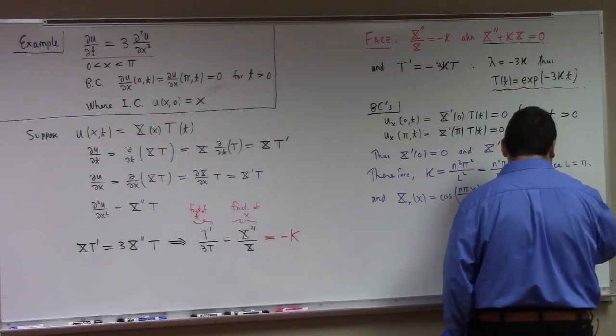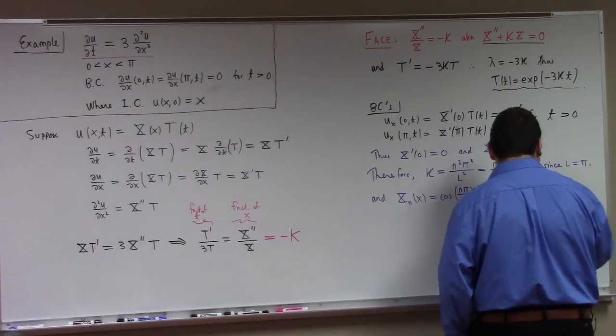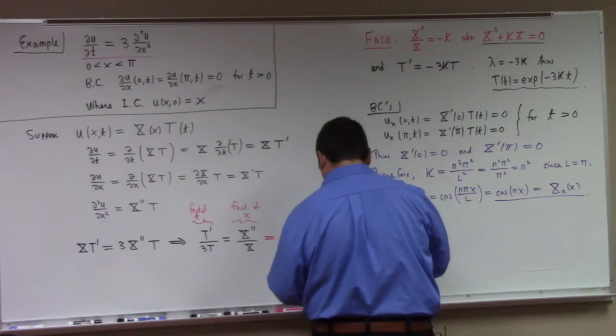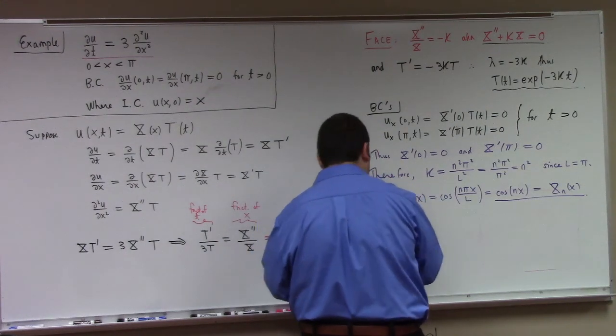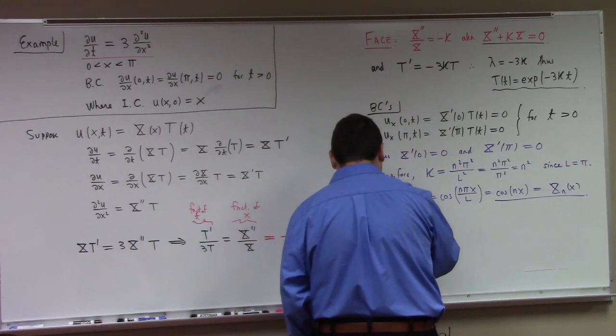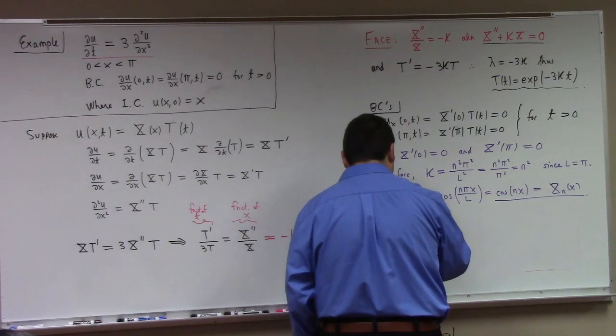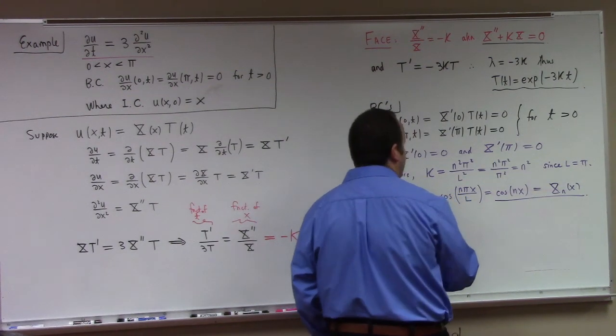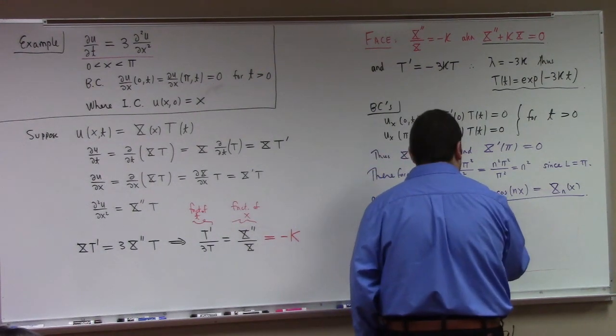Anyway, X_n of x, there you go. And in retrospect, we have then that T_n, the corresponding T_n of t would be what? Exponential